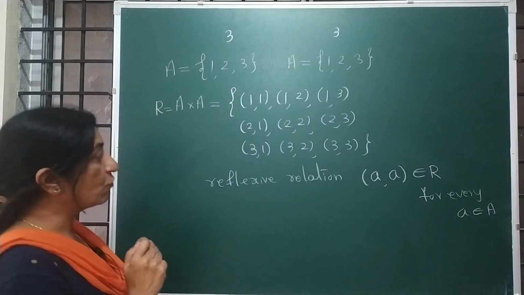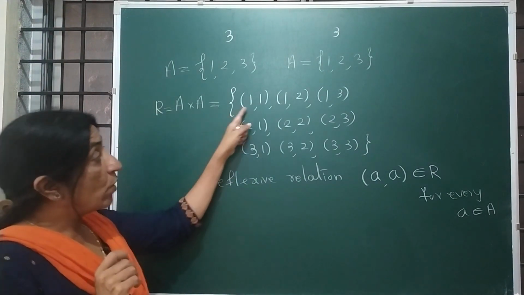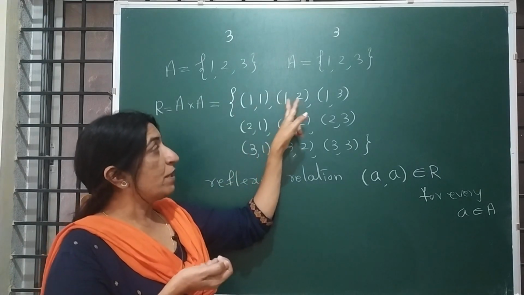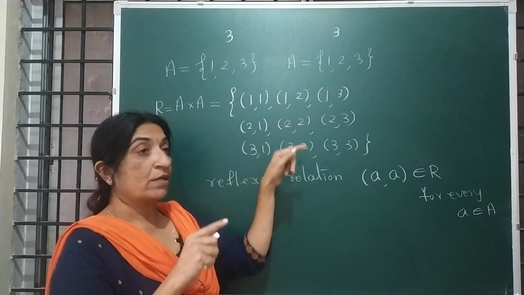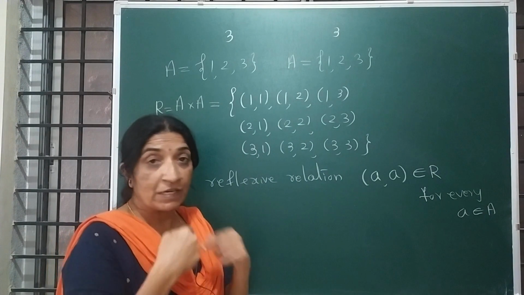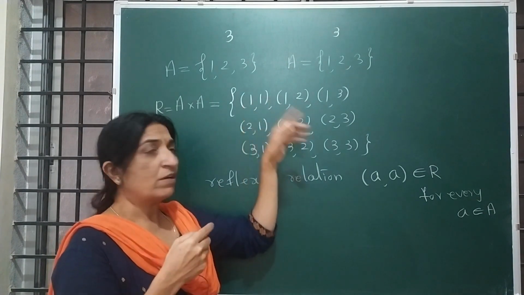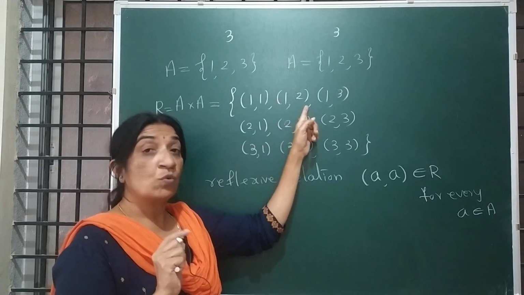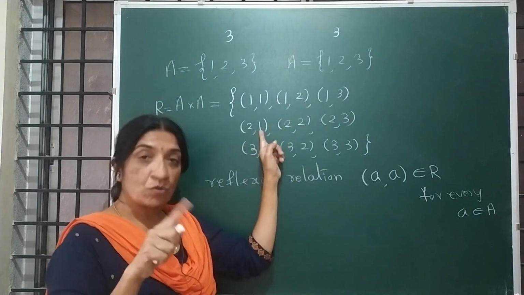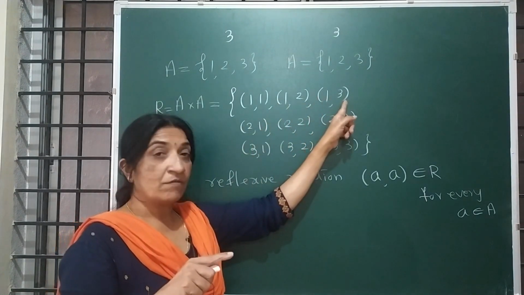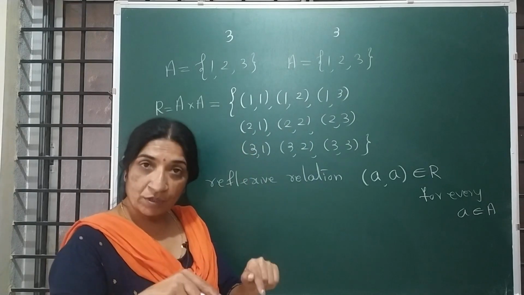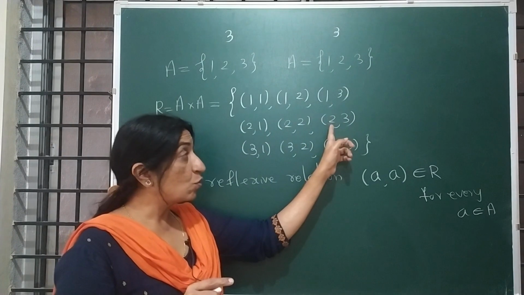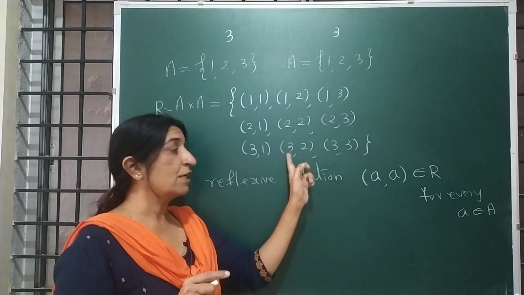After that we are moving towards the next one. Reverse means, for example, 1 2. Its reverse is what? 2 1. The numbers will interchange. Like that, 1 1 reverse is 1 1, so no need to check for that. 1 2 reverse is what? 2 1. It is also there. 1 3 reverse 3 1. It is also there. And of course 2 2 reverse is 2 2. Leave that. 2 3 reverse is 3 2.